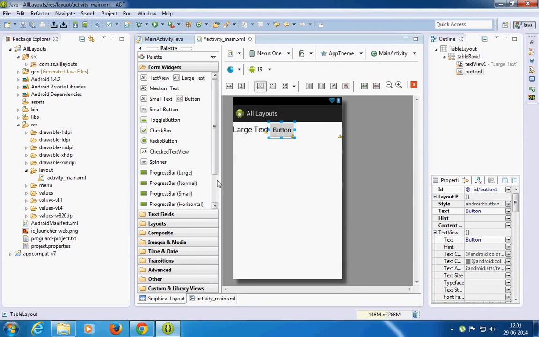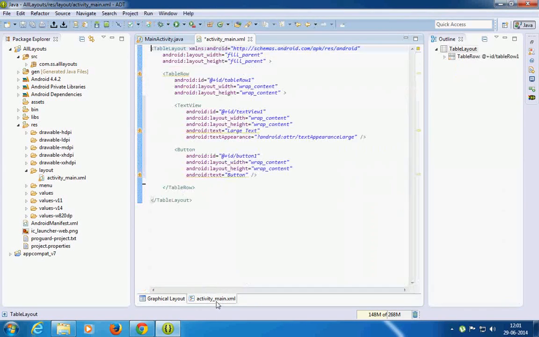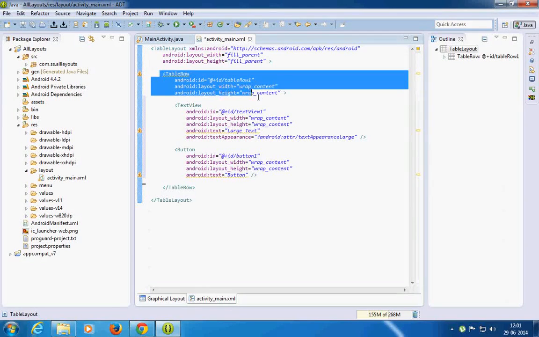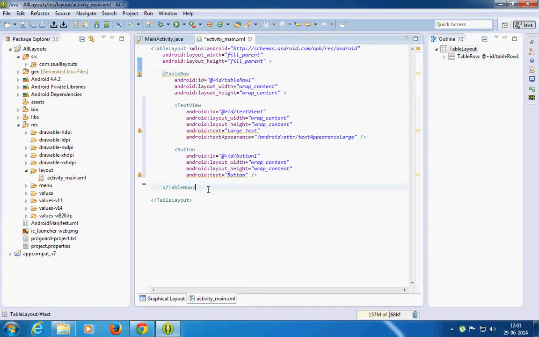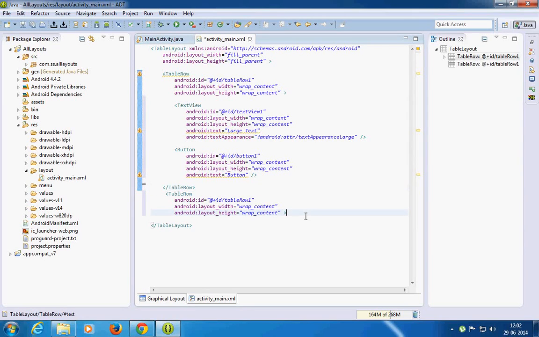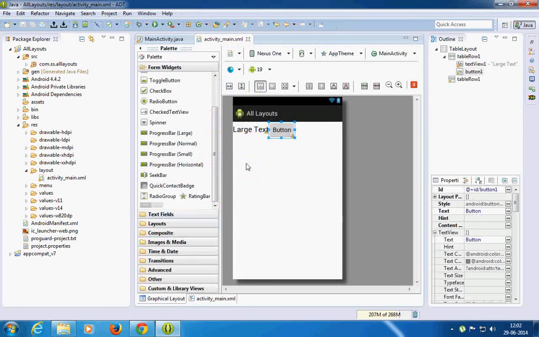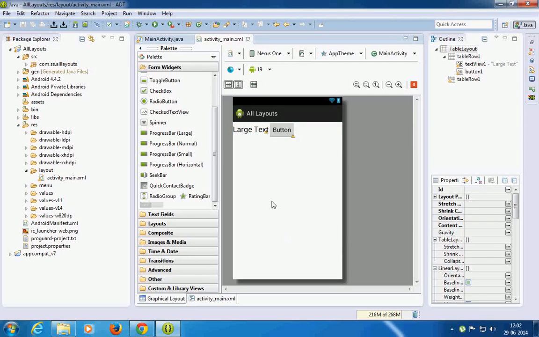And now if we want, we can add another table row. You can also drag and drop, as I did earlier for the first one, but I would prefer XML in this case. So now we have a row number 2. So we have this row number 1 and we have another row below.